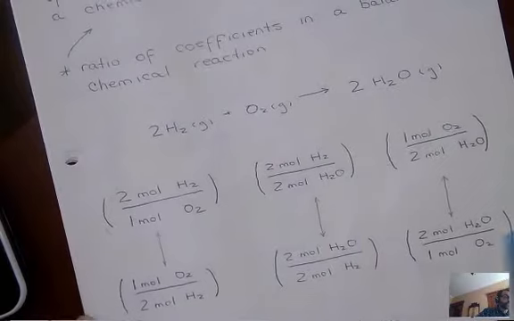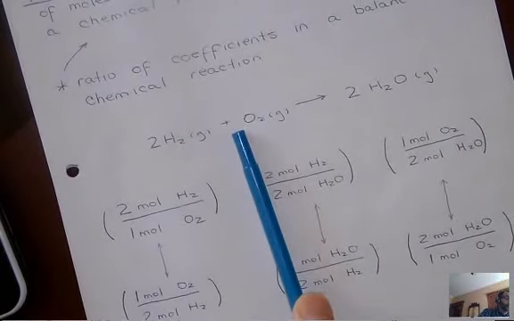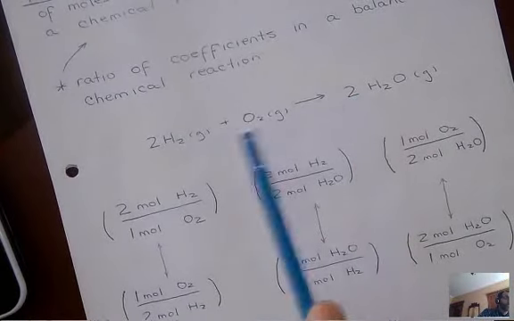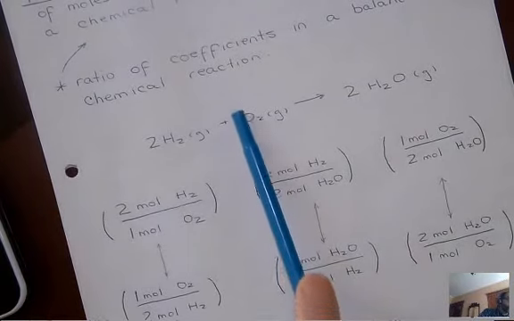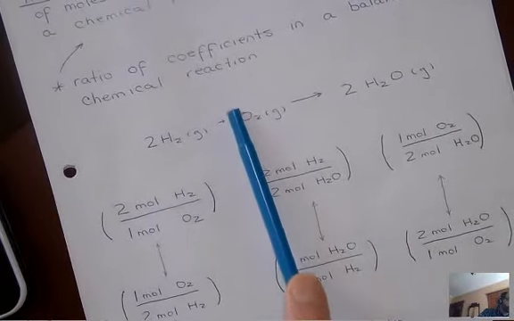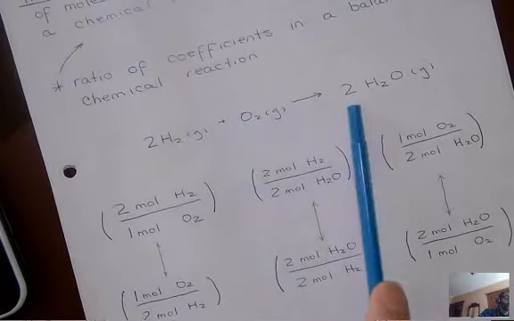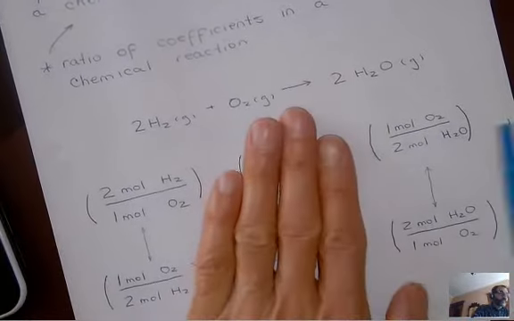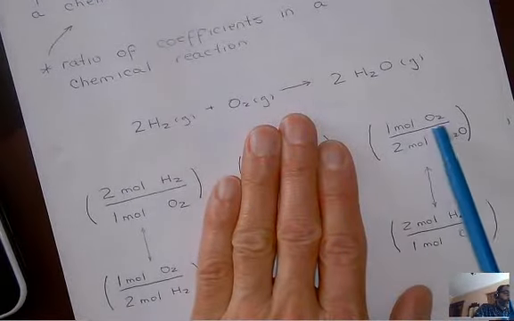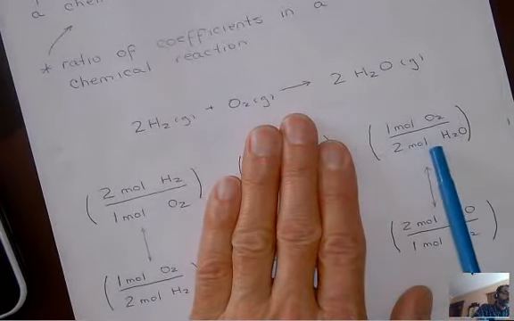Last relationship. Let's relate oxygen to water. For every 1 mole, see that number that's not written there? That means a big fat 1. For every 1 mole of oxygen that I start with, I create 2 moles of water. Okay, so let's stack those two up. Well, here I have the 1 mole of oxygen in the numerator and the 2 moles of water in the